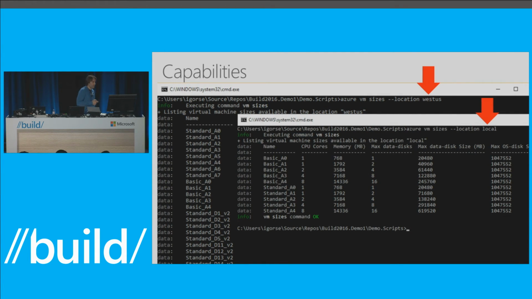So again, we have not only APIs, but command lines that allow you to interact with this. So for example, when you query VM sizes in West US, it gets you a very long list of VM sizes available in Azure. If you do it against Azure China, it'll be a smaller list. If you're doing it against something like Azure Stack with this local region here, it gives you very few, because I actually deployed this Azure Stack on very low-end hardware, so it cannot do very high-end sizes. So when you're developing your scripts that automate your deployment, you can actually use this to adapt your deployment and say, okay, well, in this cloud, I shouldn't be using that particular size.